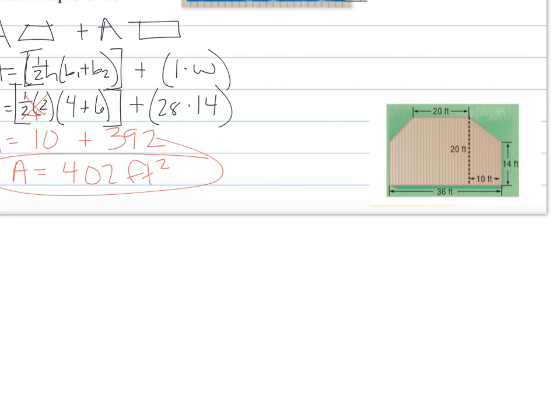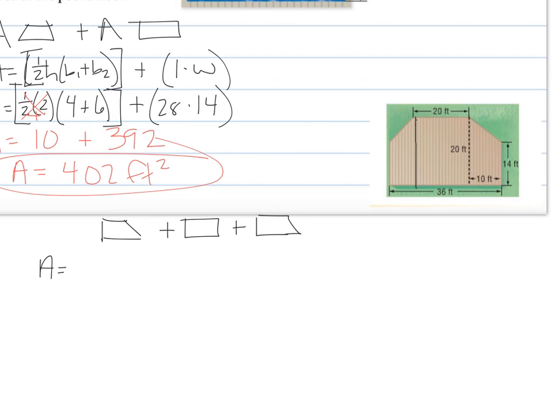So this next one also is a little tricky, so look at it. Maybe pause and decide what shapes you would see. If you need to turn it, cut it with your marker, that's fine too. What I did is I cut the shape again right here, and I saw that I had a trapezoid, a rectangle, or really a square, and a trapezoid again. So my area, and I thought for a second maybe those trapezoids are the same, but